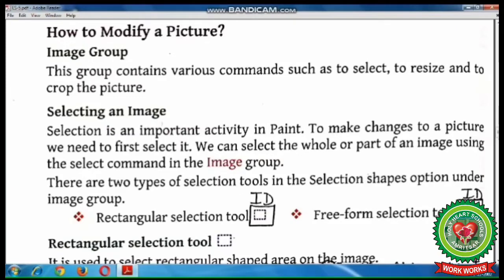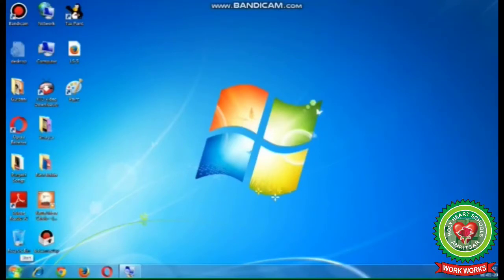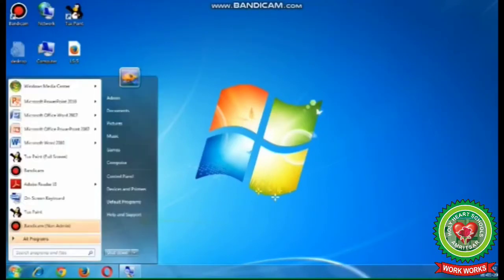Now children, we will see the use of these selection tools practically. For that, let's start the Paint program. So here, number 1 is click on Start button.